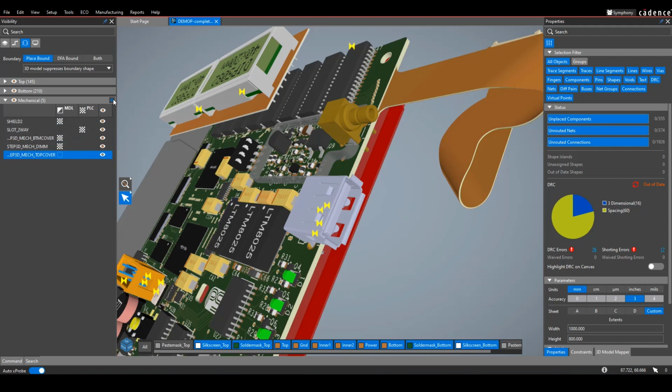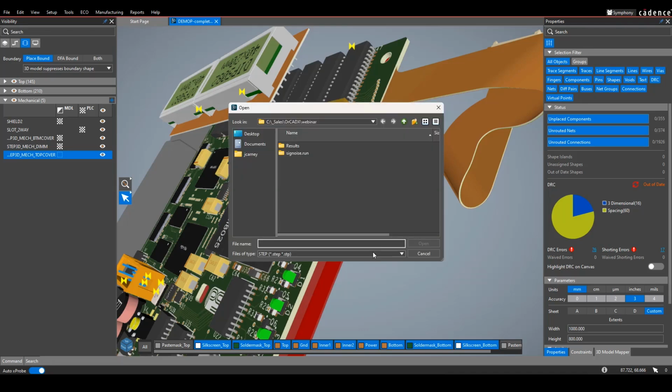You can use this plus button here to add any other mechanical part to the PCB design. So if you hit the plus button, you'll get a file browser where you can browse out and select one of many types of standard 3D mechanical models. So you can pick a step model, an IGES model, a SolidWorks model, whichever type of model you like. For an example, if I were to pick this step model here,